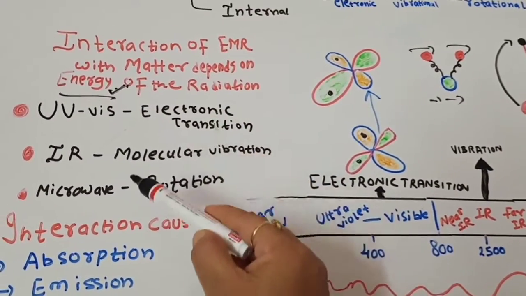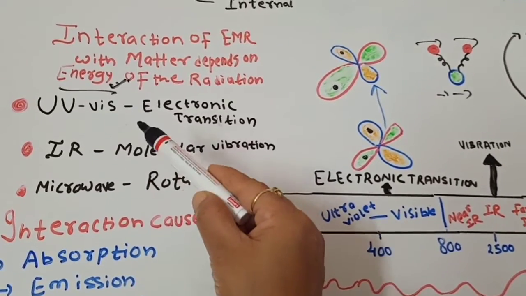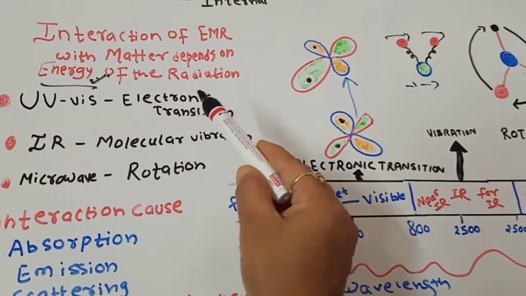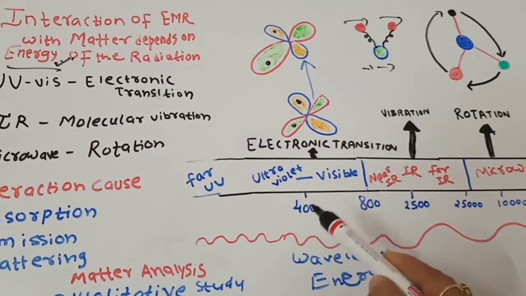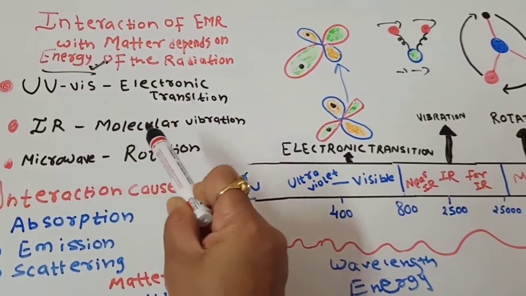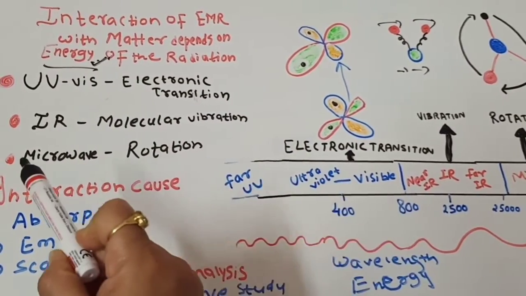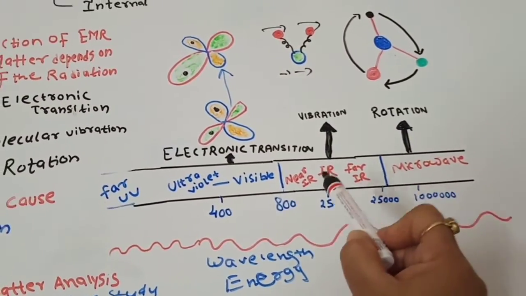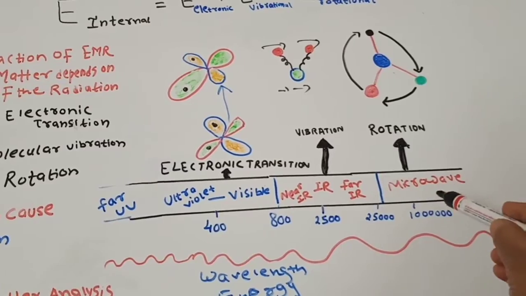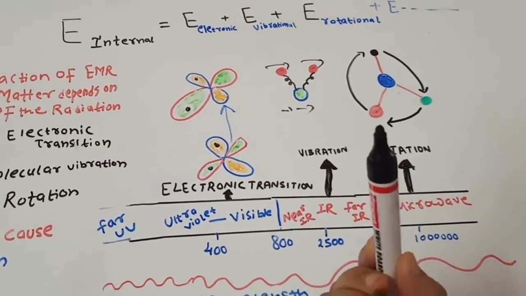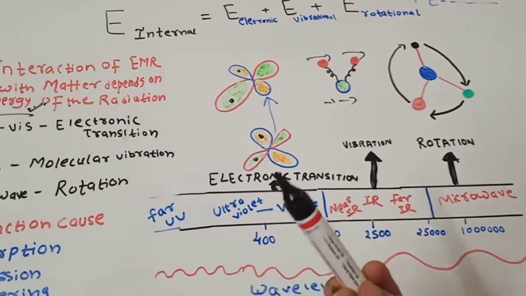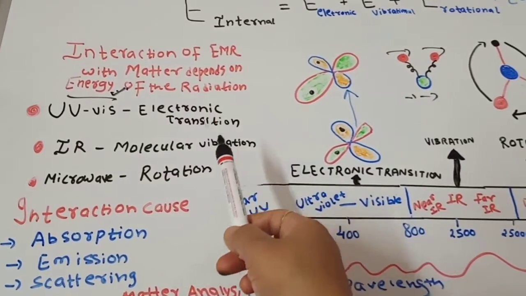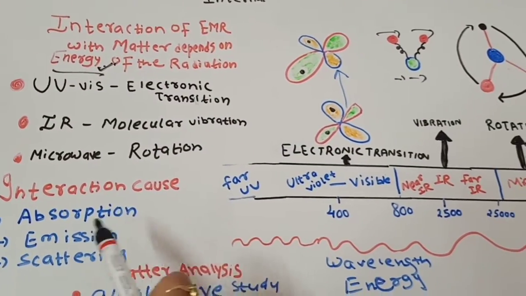Here, of the three radiations, the highest energy is of the ultraviolet-visible region because their wavelength is the least. Infrared radiations can cause molecular vibration, and as microwave radiations have a higher wavelength compared to IR and UV, they can cause only the least energetic phenomenon, that is rotation. And we can also say that this interaction can cause the absorption of light,